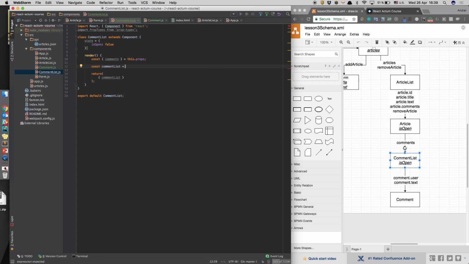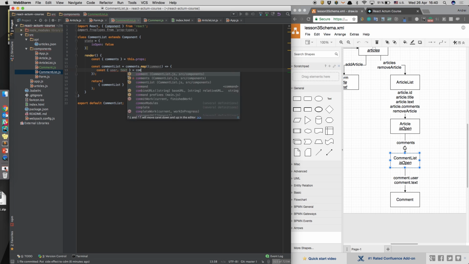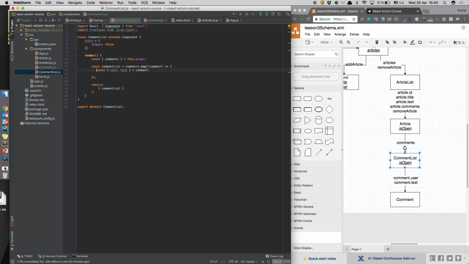We need to map our comments and pull out user and text from this array: comments.map, comment, use an arrow function, and here we use destructuring to get user and text from comment, and should return